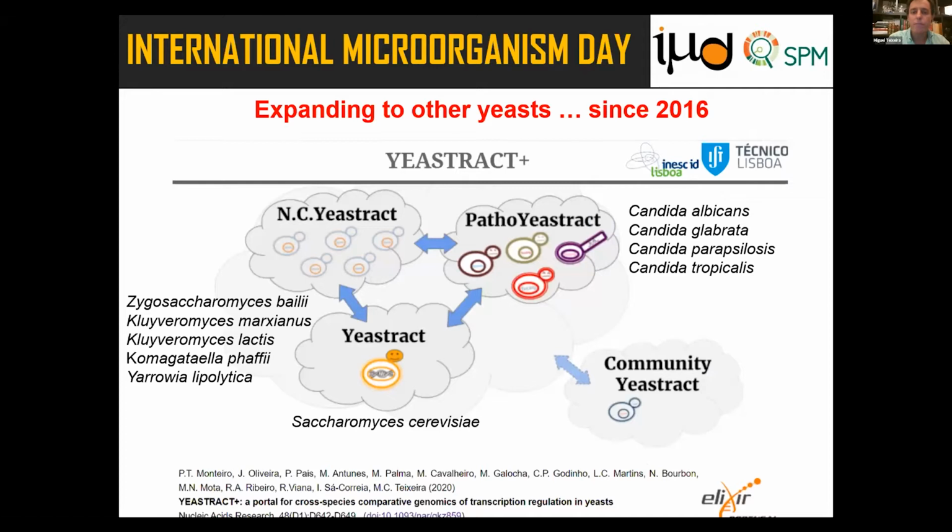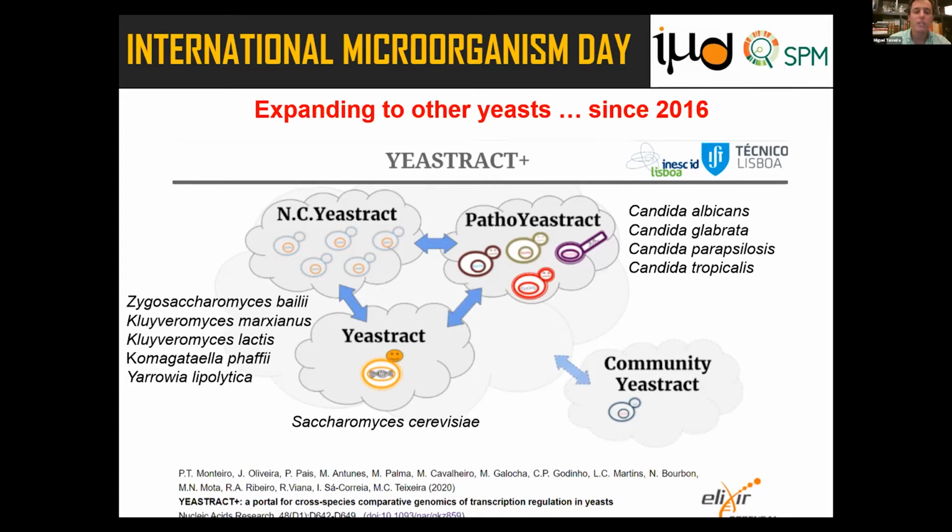More recently, and that is since 2016, we've started expanding Yeastract to other yeast species. So first to pathogenic yeasts, including 4 candidate species, and more recently to non-conventional yeasts of biotechnological relevance. And you can see the names here: Z. bailii, Kluyveromyces marxianus and lactis, Komagataella pastoris, and Yarrowia lipolytica. And we now have in Yeastract 10 yeast species with all available regulatory data,